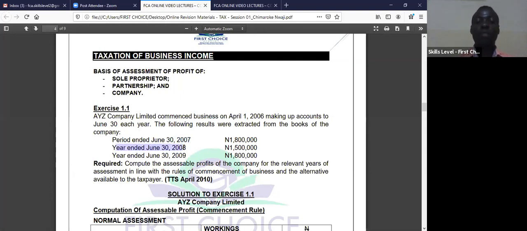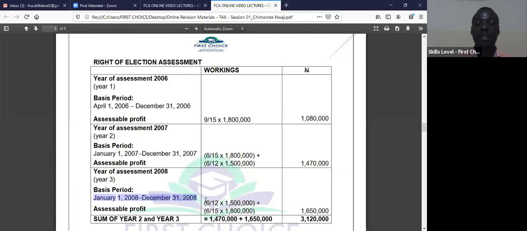From January to June is another 6 months, so we look for 6 months of here. Then the remaining 6 months, we get from here. So that's what we did here: 6 months of this figure, 6 months of this figure. Here is 750, here is 900. 900 plus 750 will give you